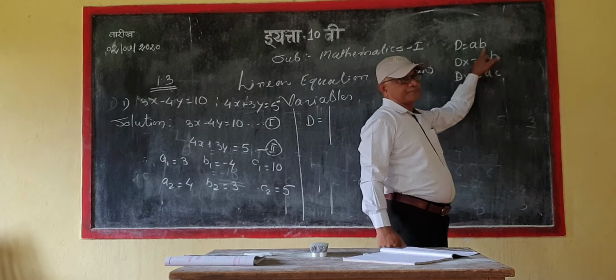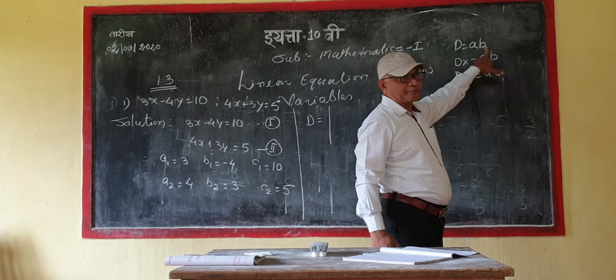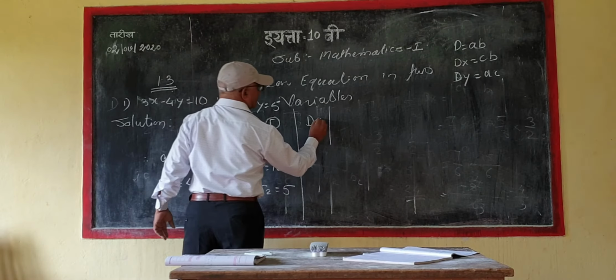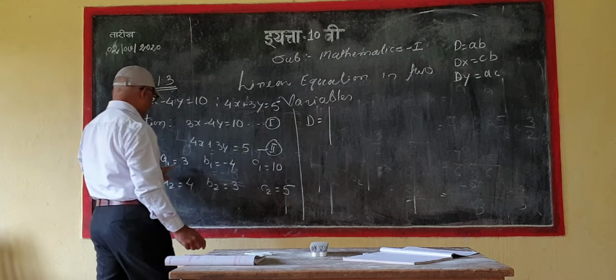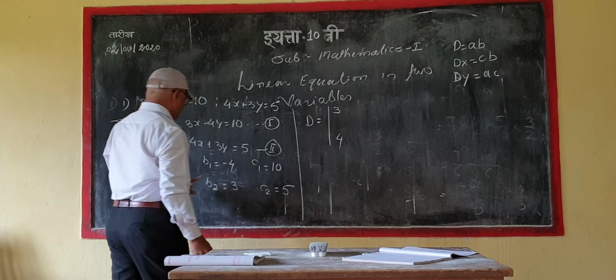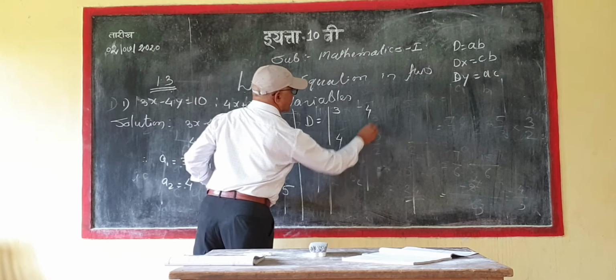AB means what? A1 and A2, B1 and B2 in this way. D is equal to AB, A1, 3, 4, B minus 4 and 3